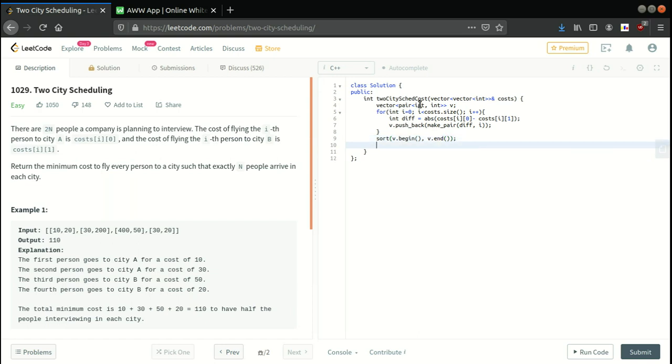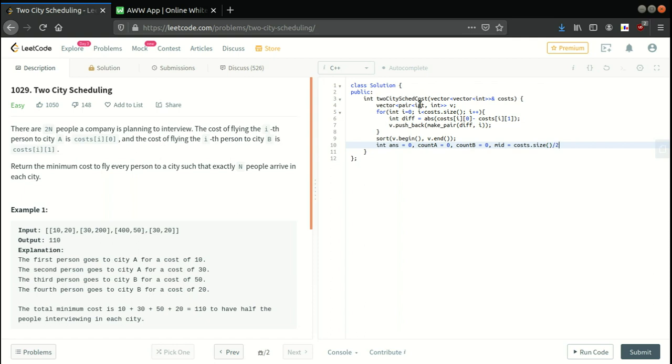And okay, so now we'll have int answer initialized to 0, and we'll have a countA that will also be 0, then countB initialized to 0, then mid that will be costs.size() divided by 2.